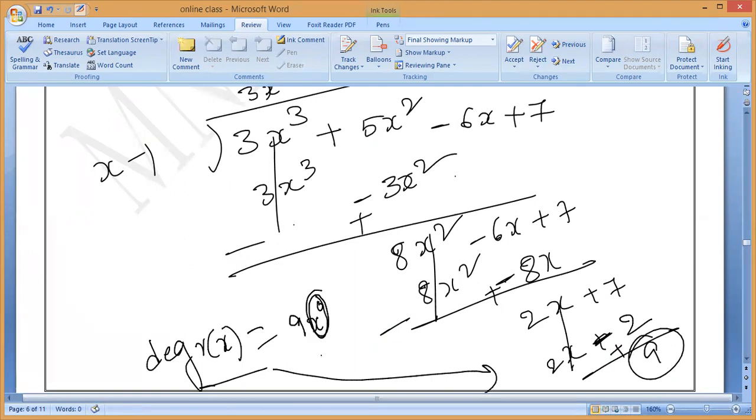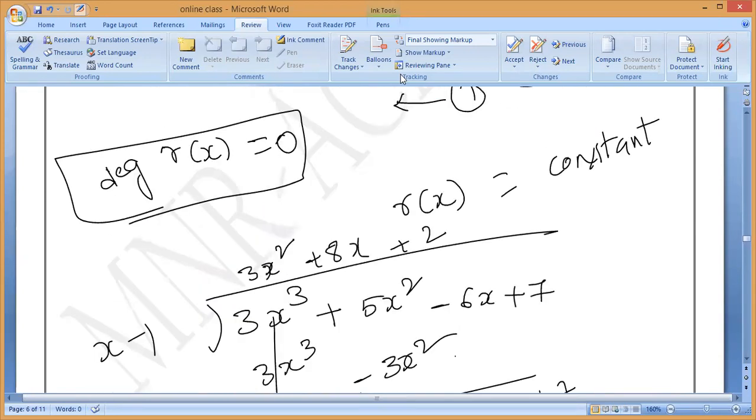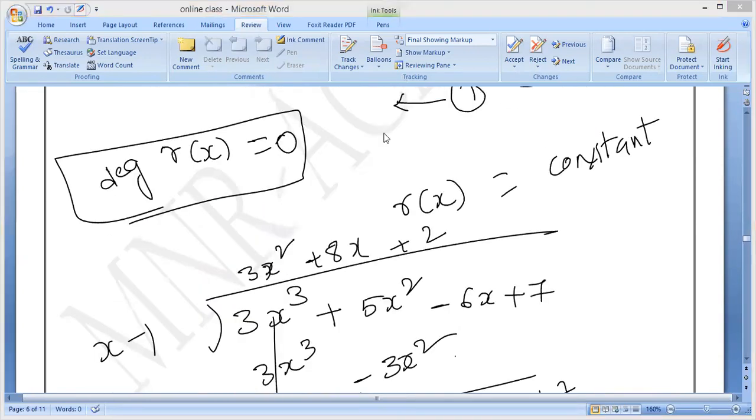So degree equal to 0. Can I write this as an example of r of x equals to 0? Can I write it or not? Padmavarshini, do you understand? Prahasini? Yes, sir. So in the exam they may ask you something like this.